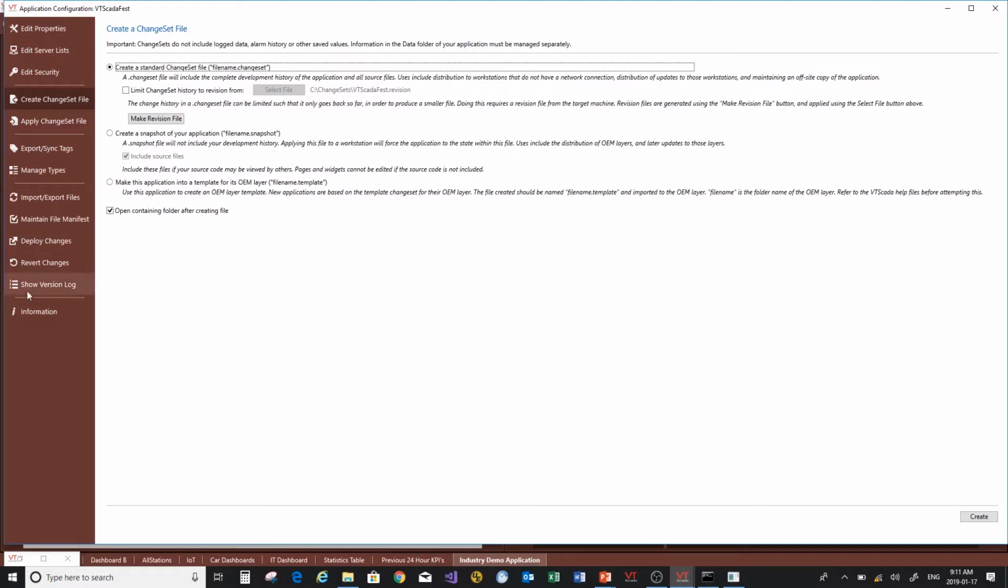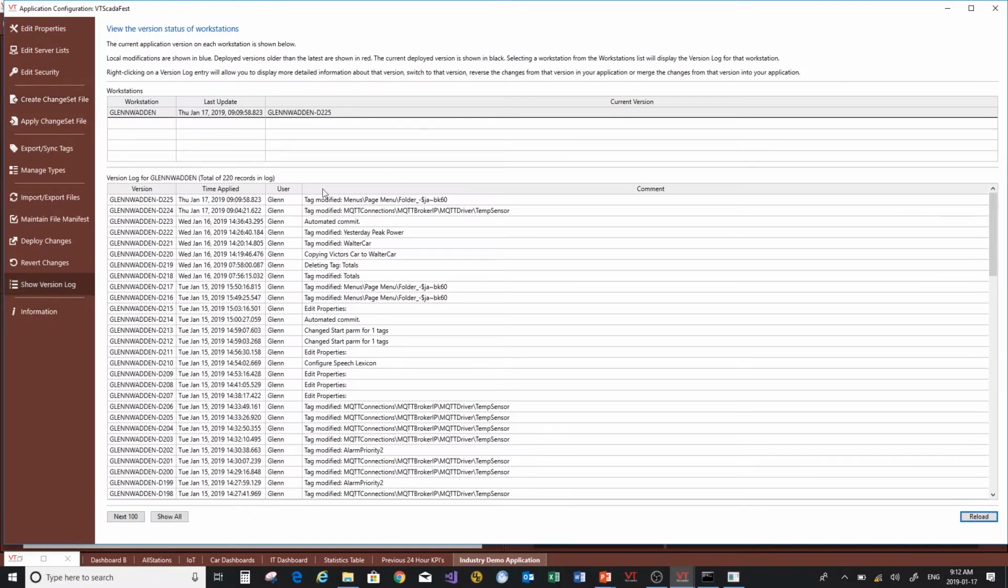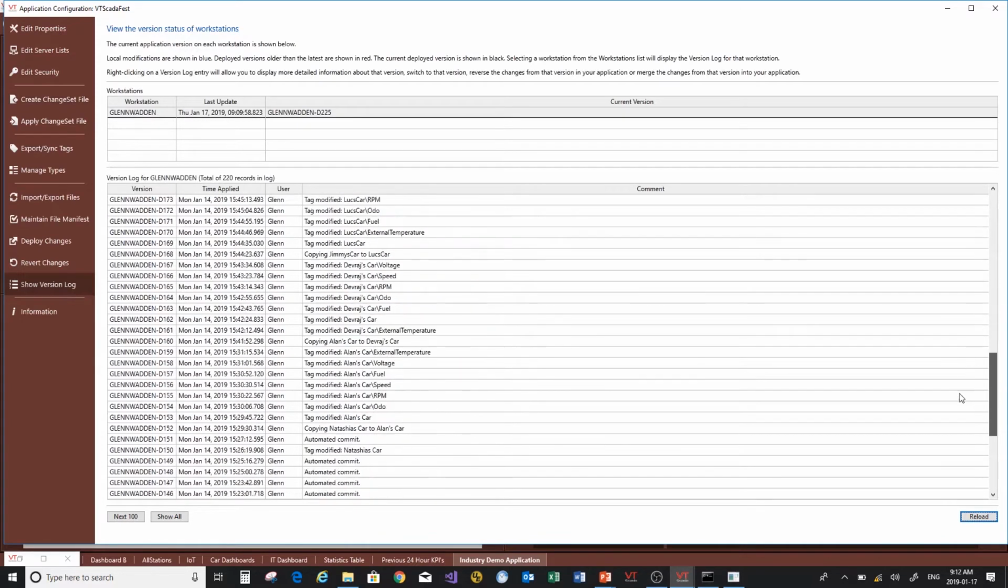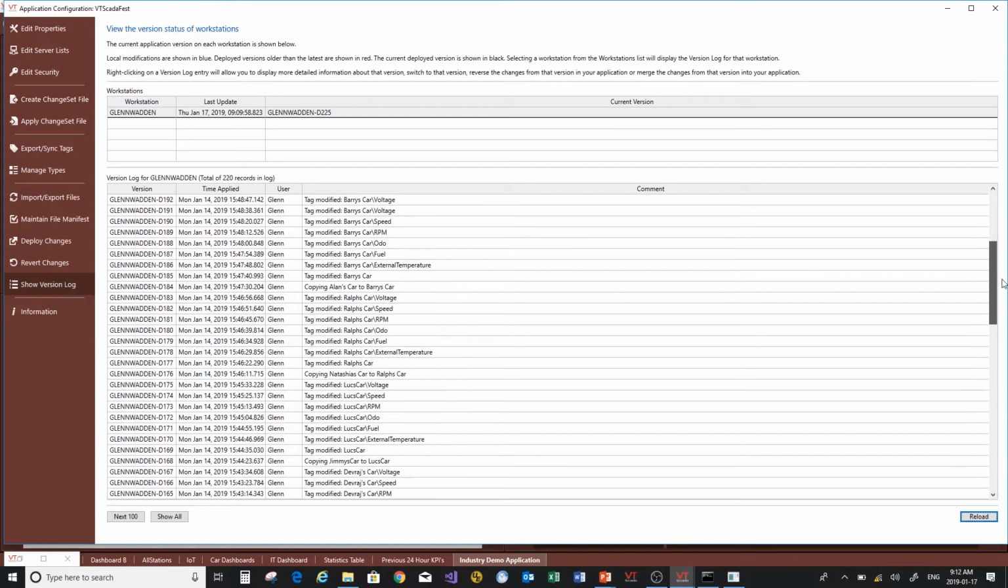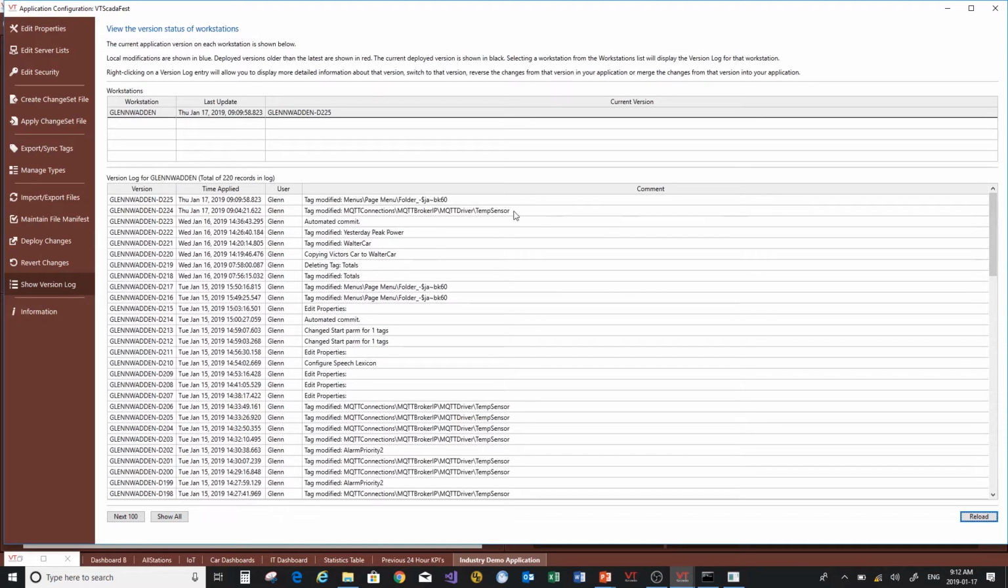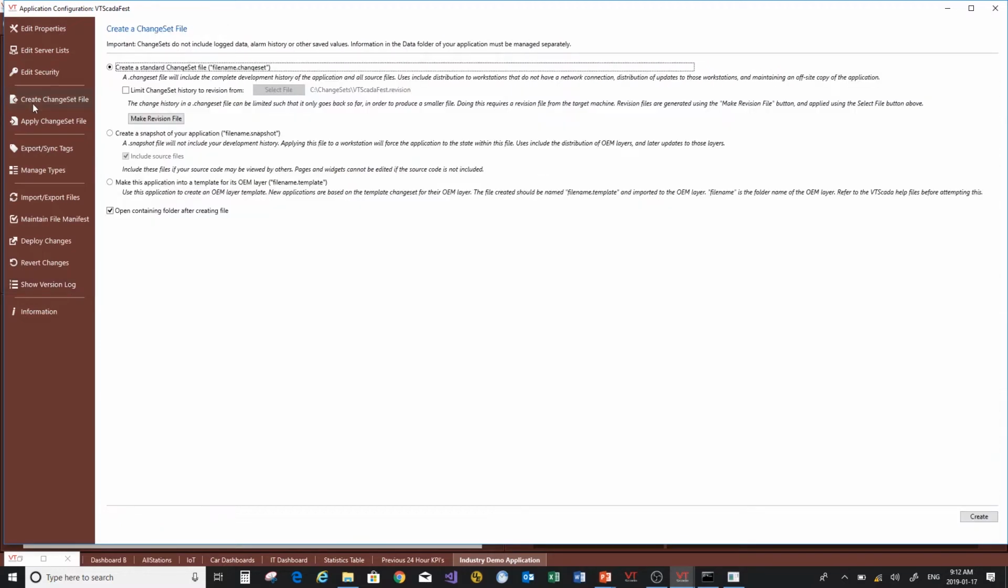So I'm going to step down here to show version log, which shows a list of all the changes that have been made on this application. And that's what's in the change set. All of these changes over time are chronologically recorded in what we call the repository in VTScada. Great tool, I'm sure you're aware of it. The change set captures that and rolls them all into a single file. So I create that change set file,